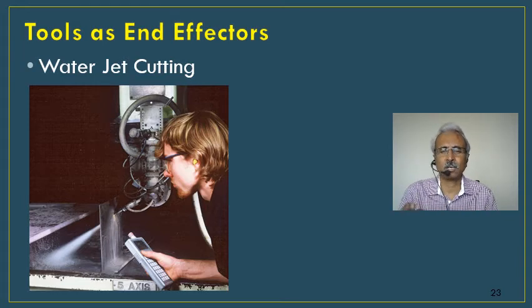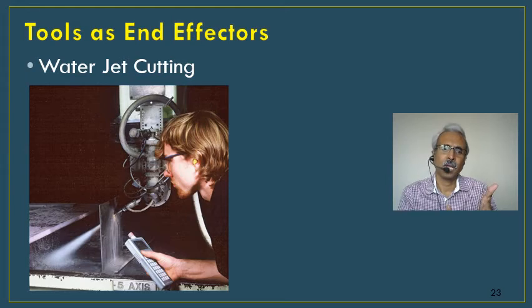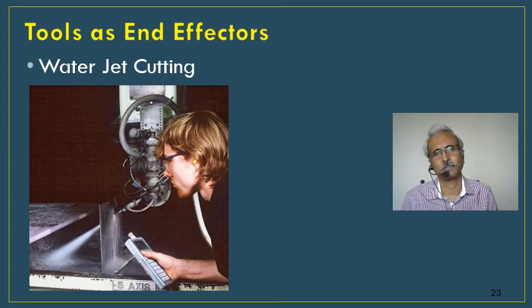Well, there are various advantages of using a water jet for cutting. That's beyond the scope of this topic. Now, why do we need robots to do this job? Again, as I told you, when you're doing this cutting operation, to maintain the dimensional accuracy without leaving any burrs, the water jet has to be precisely controlled. In the sense, the movement of the water jet has to be precisely controlled for the cutting to happen smoothly. So this is where a robot comes into the picture.